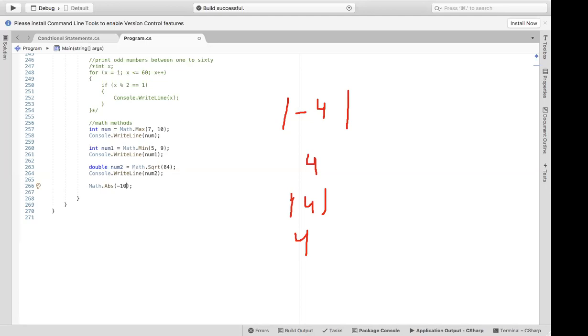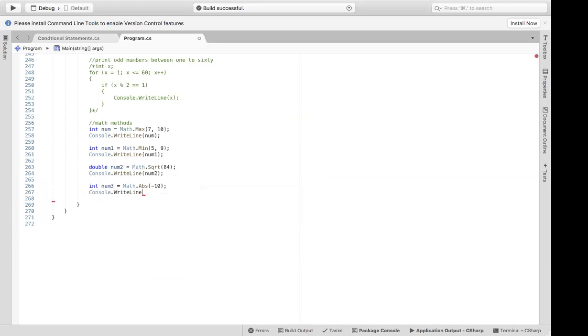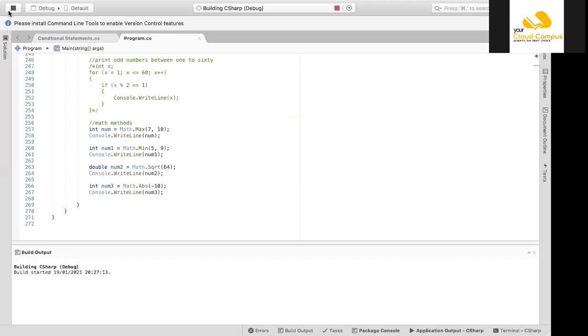Store the result of this inside an integer number, because this is an integer number and there is no chance of a double number. Now print it. It will return +10.